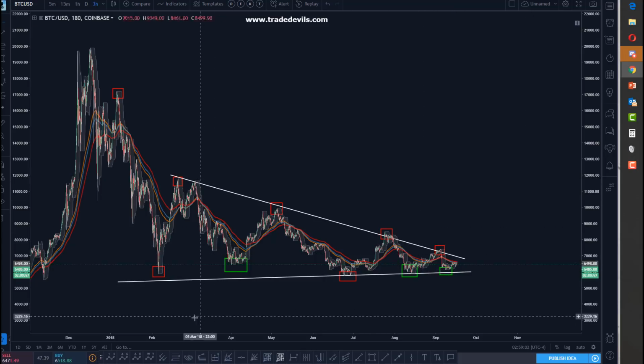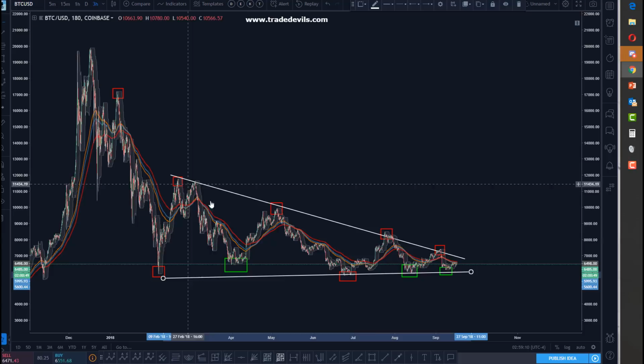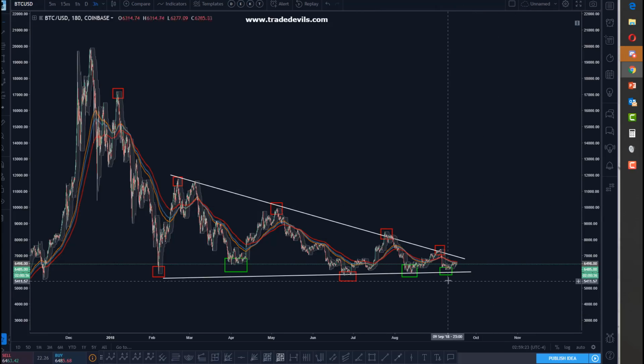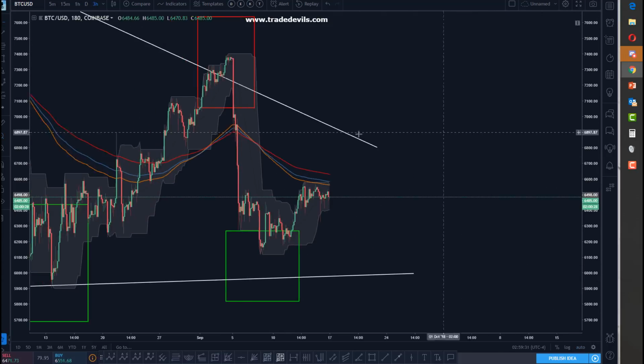Now, one of the things that bothered me about the triangle counts is the substantial length in time of this structure, which I had as a B. A, huge B, C, D, and E, right? Now, it sure as hell looked like that's what it was for a little hot minute there, because this was an epic dump. This was the largest volume in BitMEX history that got put into. I mean, it was vertical, and it was vicious.